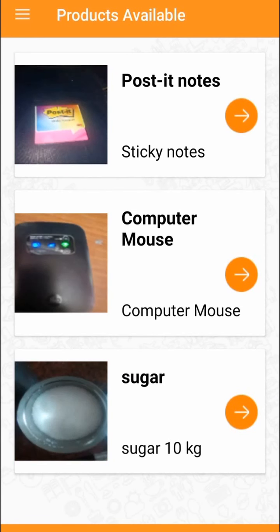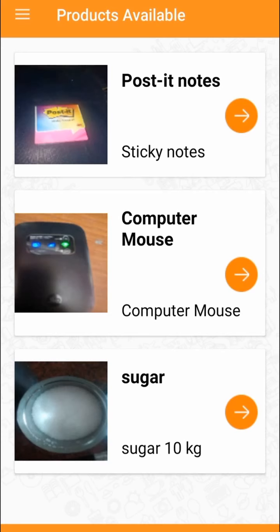There are two ways in which NGOs can benefit in using this app. One is through the products which are posted by the donors which they want to donate. The other is the products the NGOs can request and the donors can sponsor. Products available, the screen you are seeing here is the products which some donors have put, for which you can request and ask them to donate it to you.